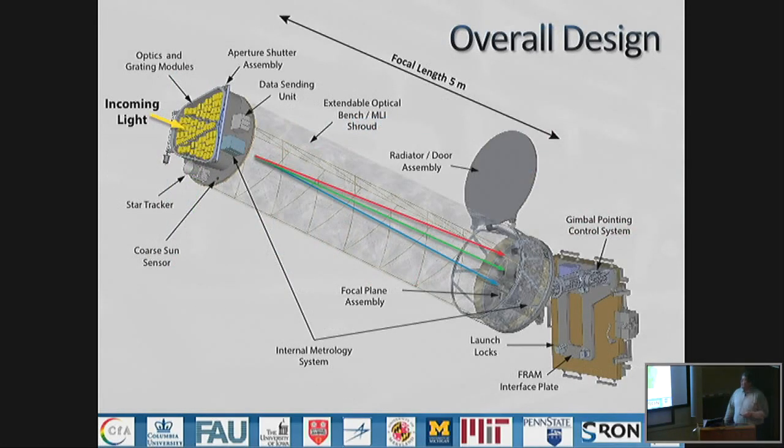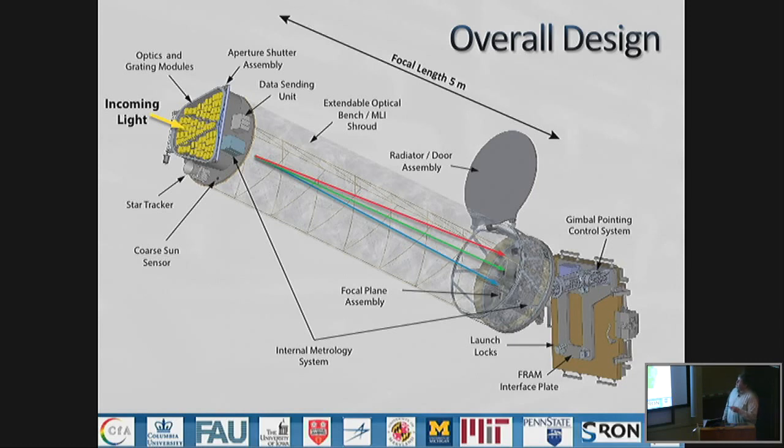So, what's this actually going to look like? The full focal length is about 5 meters. Now, fitting into the Dragon trunk, in order to get up there, you have to be about 1 meter long, which means we need to have an extendable optical bench here. But here at the front, we've got incoming light. We have 3 petals of silicon pore optics with gratings behind them. These are off-plane gratings being built by the University of Iowa. This is one of the 2 technologies that was under development for IXO,